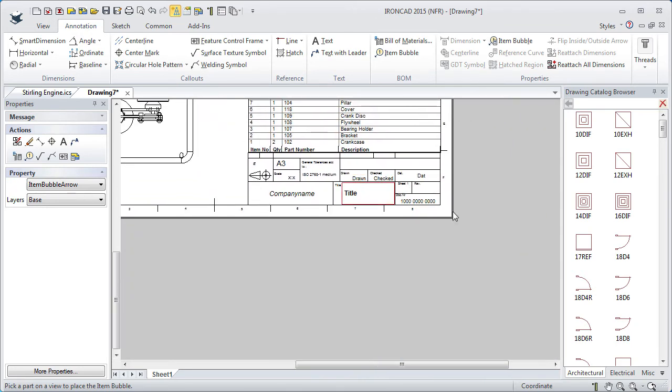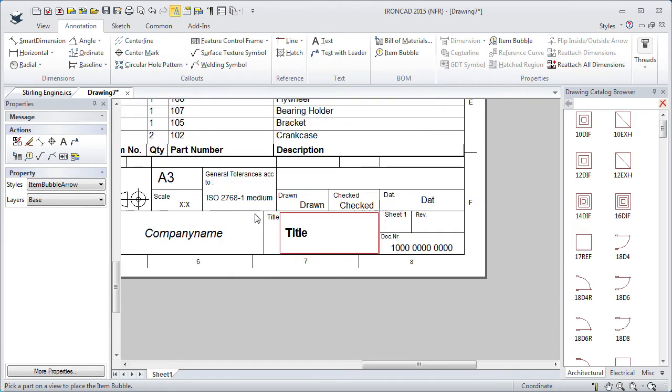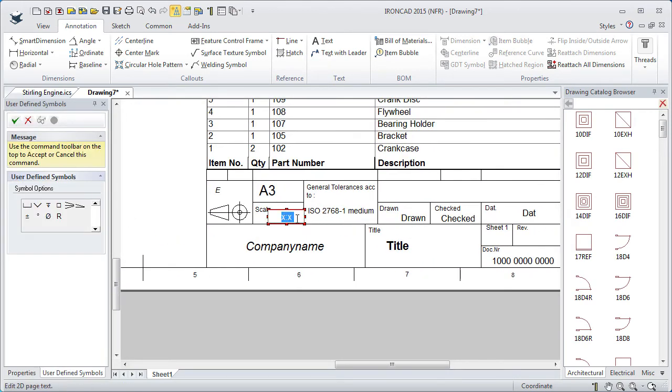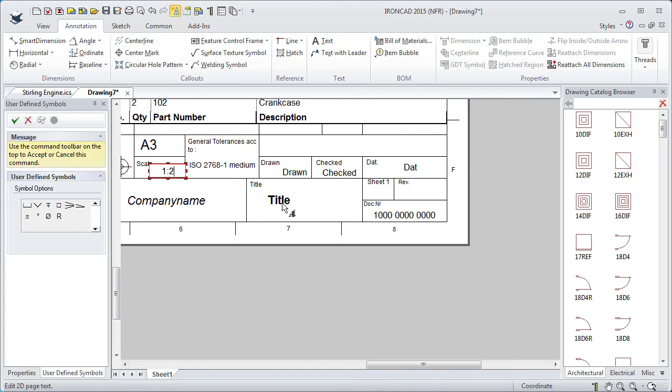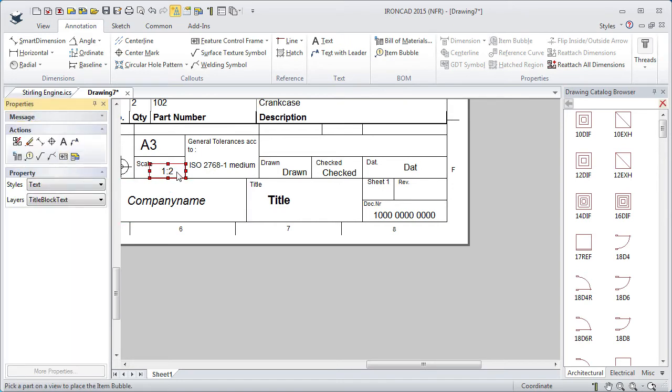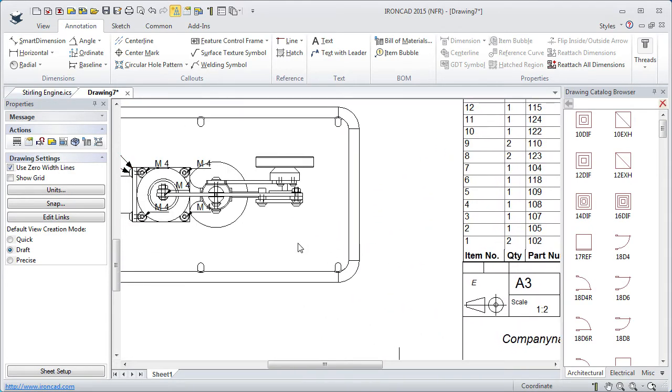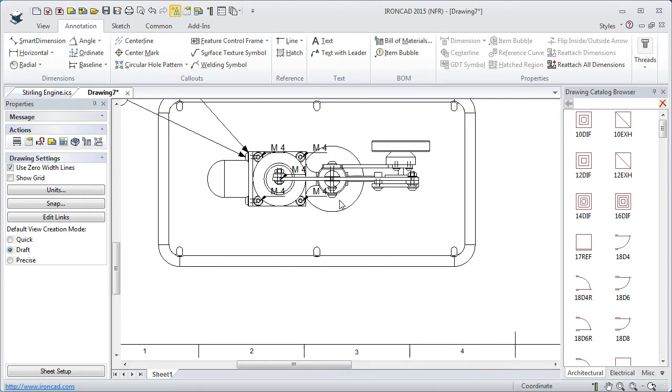If we come down here to this part to see the information on the drawing, first of all I will double click the scale text box. I will type 1:2, and also you see here title, and you have also document number. I said earlier in the video that if you fill in the information about the part number and description, you will have that information here on the drawing. But now you see only this number and the title. Well, I will click OK here to end this editing for the scale. Well, first of all, we have to add more information to this assembly in the scene. So I will